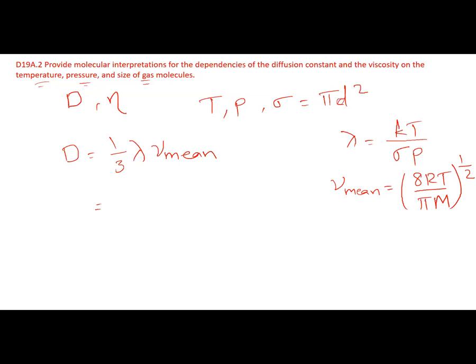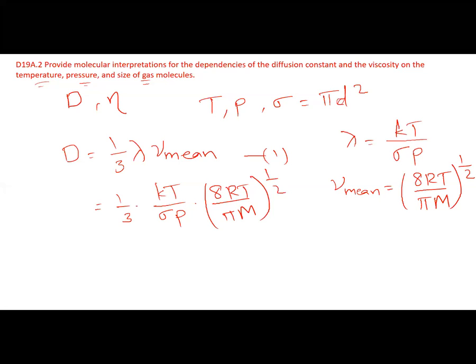So I'm going to include these two equations. Let's say this is equation 1, and this overall thing becomes kT over sigma p and 8RT over pi m, power half. We don't have to solve this equation right now. But if you look at this,